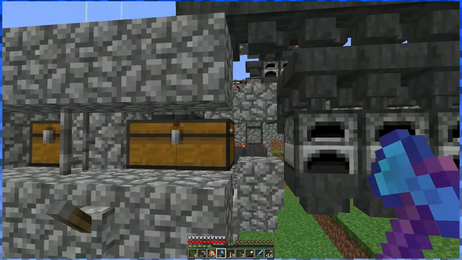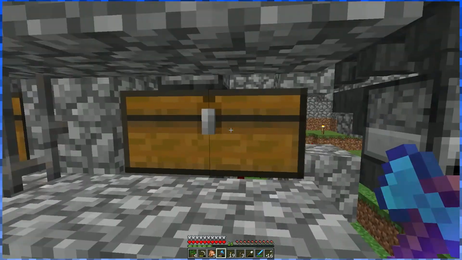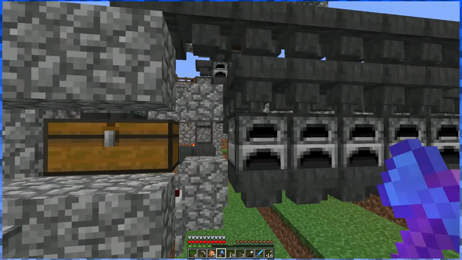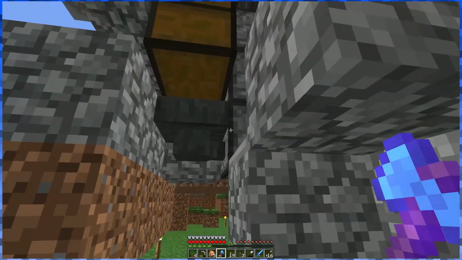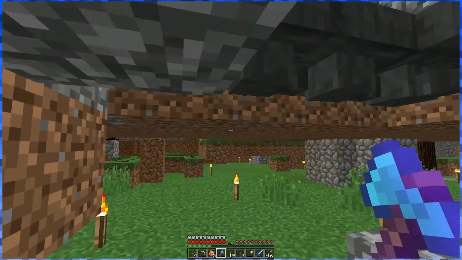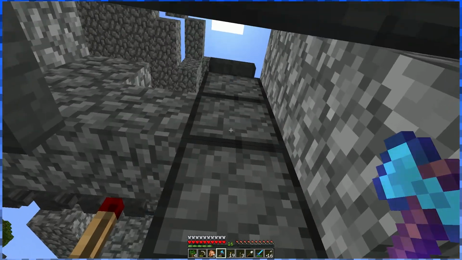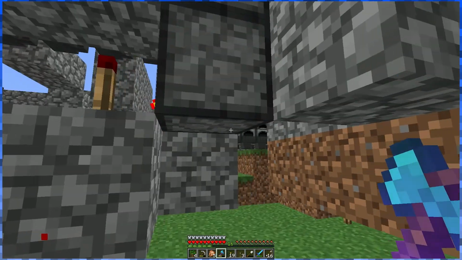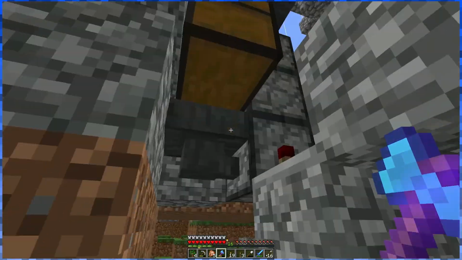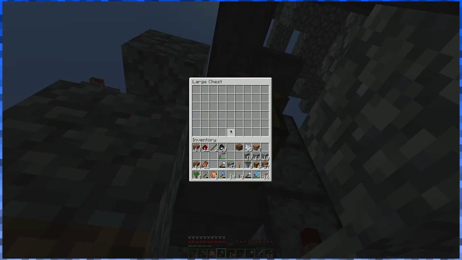And the way that I do that, because what has to happen is the items have to come down from the top, so what I did was I made a little elevator right here, 1, 2, 3, what are they called? Droppers. So this hopper here takes the items from